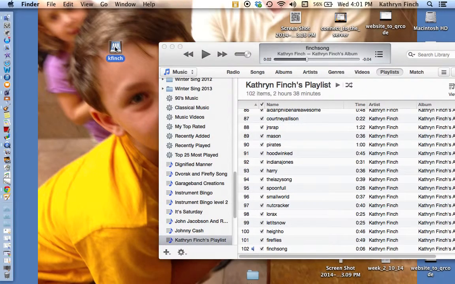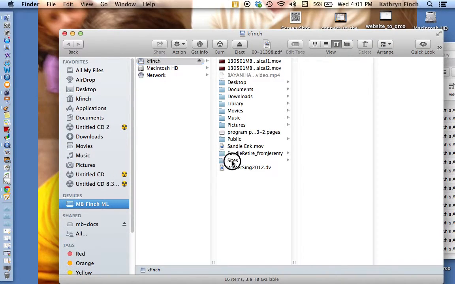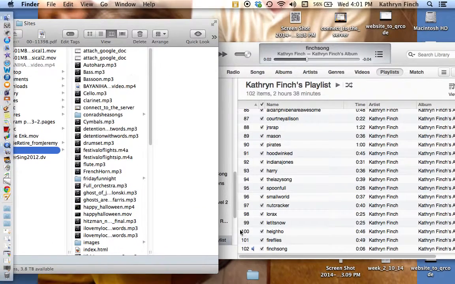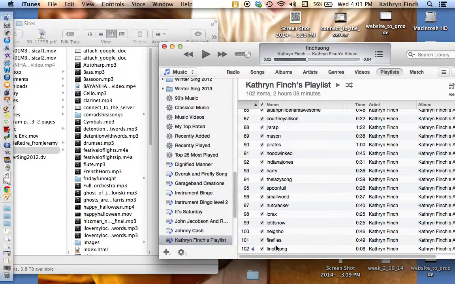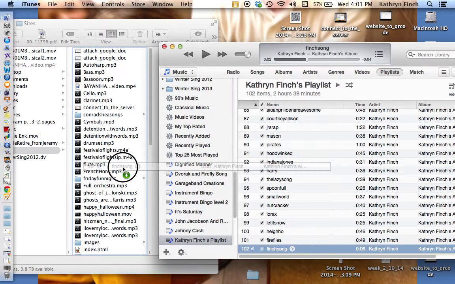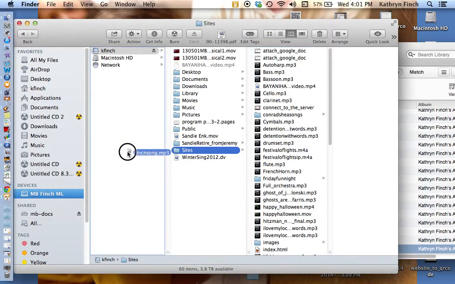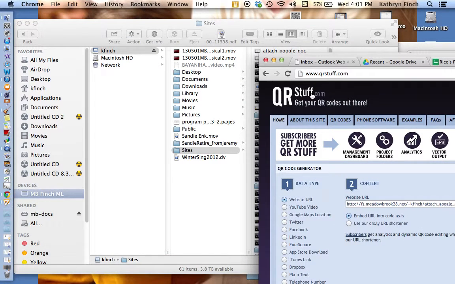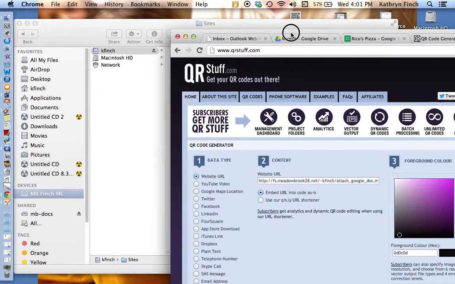So now I'm going to open my server in my sites folder, and I'm going to drop that Finch Song into my server sites folder. I'm going to go to qrstuff.com